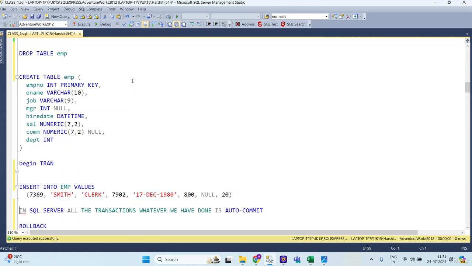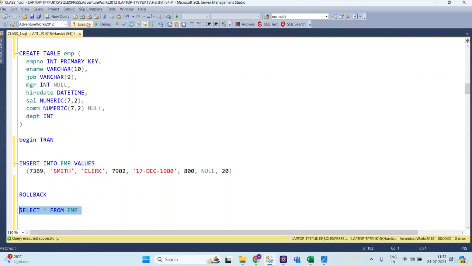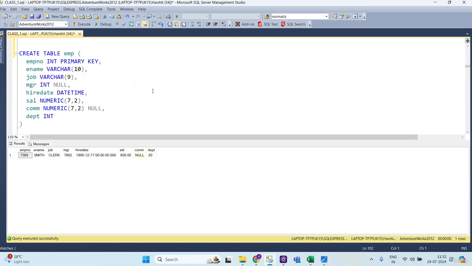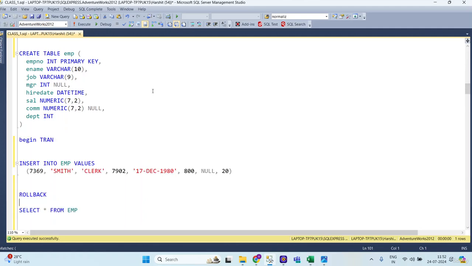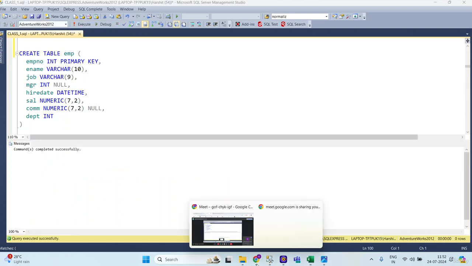But now I got to know that I have inserted this record mistakenly, right? So it will be showing me now in the table, right? You are able to see this record, right? But now if I do the rollback,